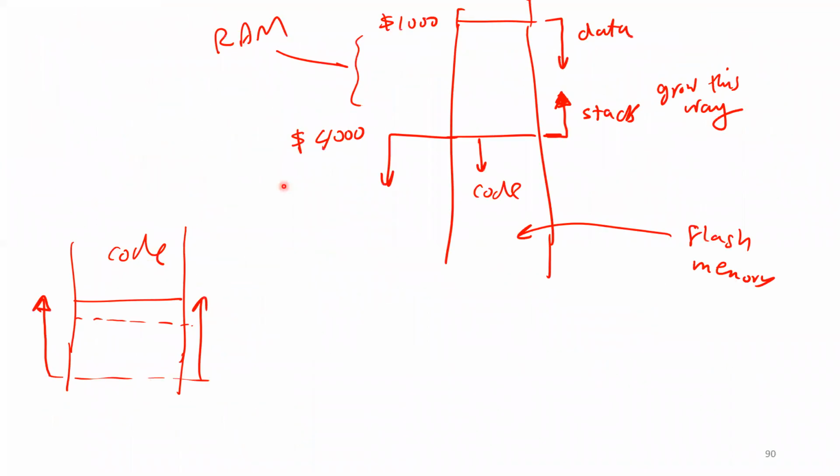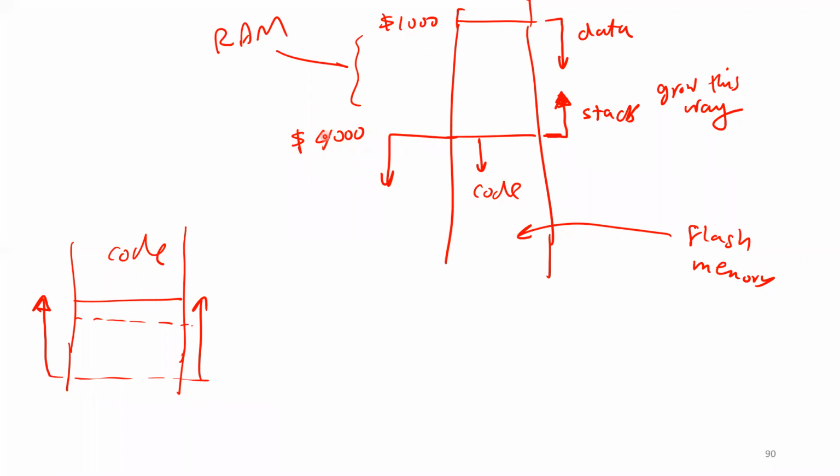I told you the way you are gonna do it. We're gonna start for data as usual from 1,000. For code as usual, we're gonna start from 4,000. For stack, it's gonna start from 4,000, and